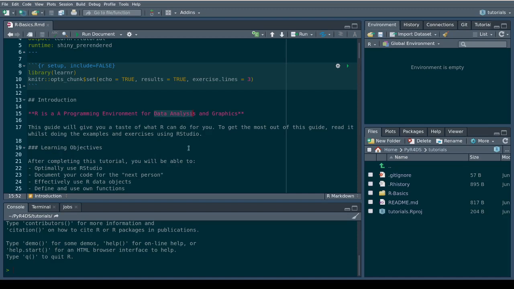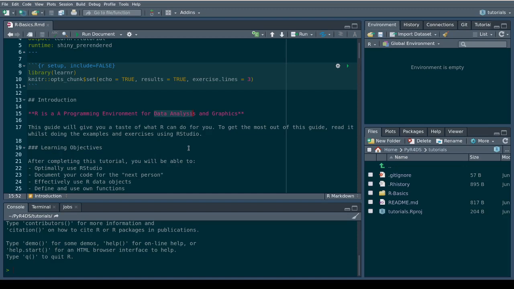So this guide will give you a taste of what R can do for you, so that you don't over-expect and think R can do things that it will not do. This guide will let you know what R can do for you, so that you can set your expectations correctly.